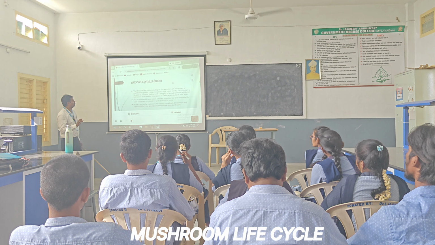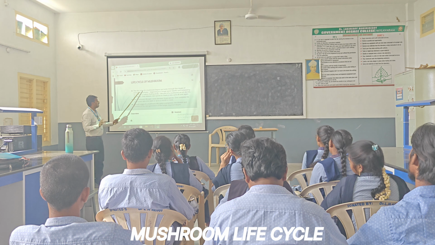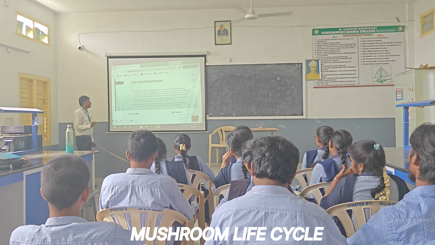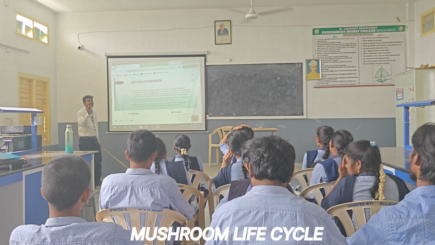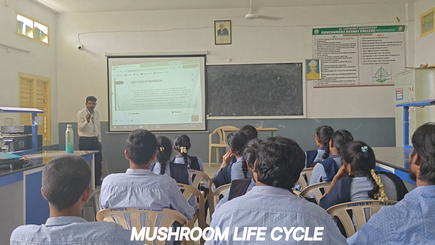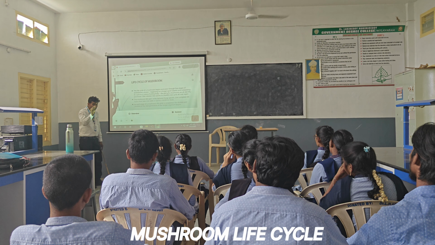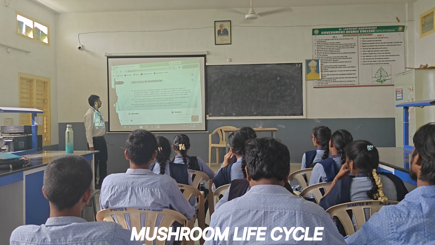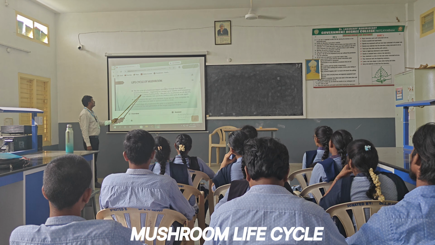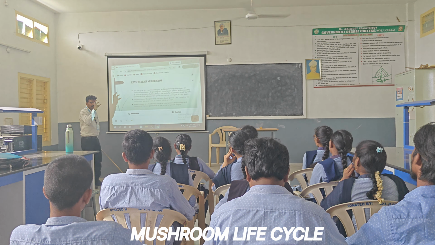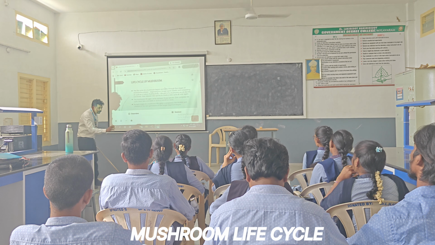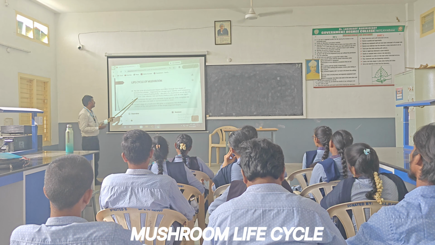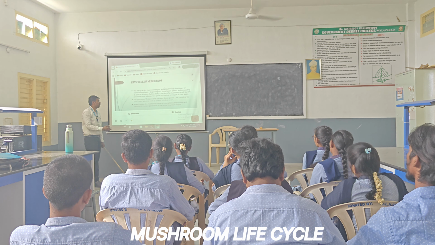The life cycle of the mushroom begins and ends through 5 stages. There are 5 stages in the mushroom life cycle. Beginning as the fungal spore, this is the Basidiospore. The starting stage of the mushroom is the spore, the Basidiospore, which we call seeds. And it completes its life cycle as a mature fruiting body, which we can easily observe with the naked eye, the part of the mushroom we all identify and know,